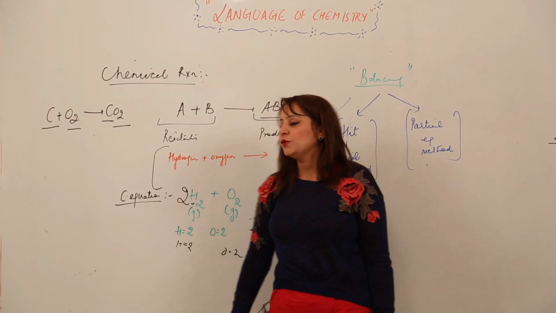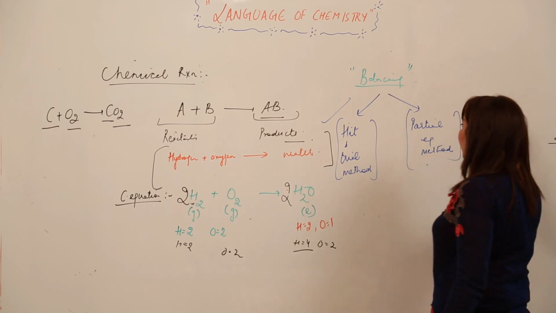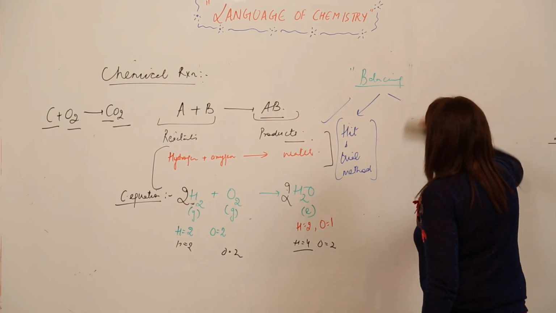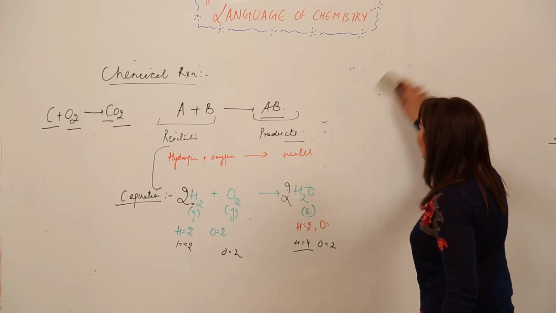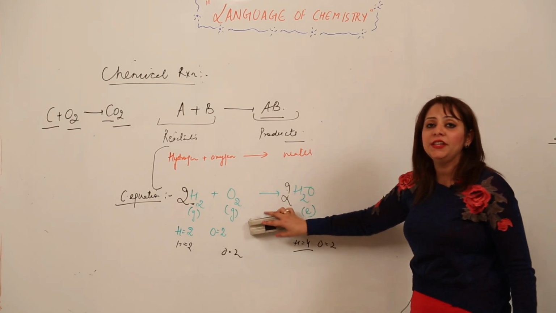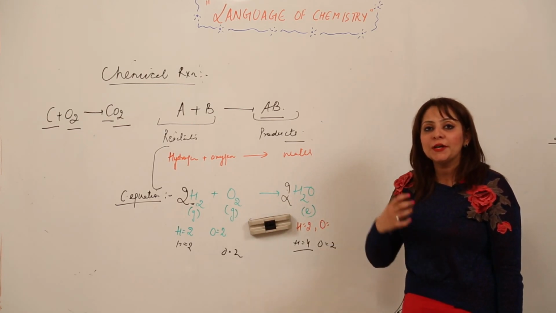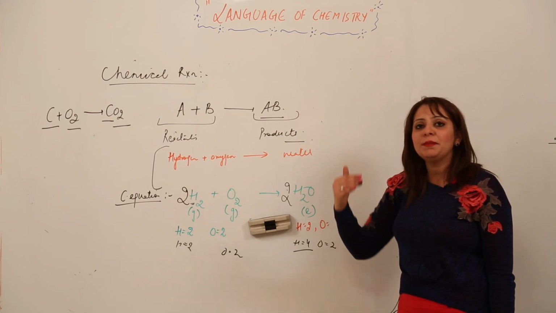The next method we are taking up is the partial equation method. Just look at the board to see how we can balance the reaction by using the partial equation method. For this, you need to divide the reaction into various steps, because we need to balance the reaction in a partial way. We divide the reaction, balance the parts partially, and then we